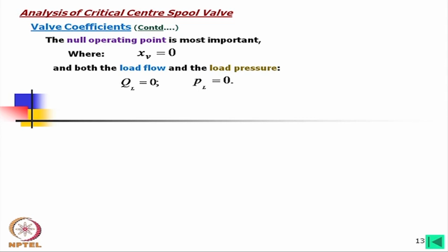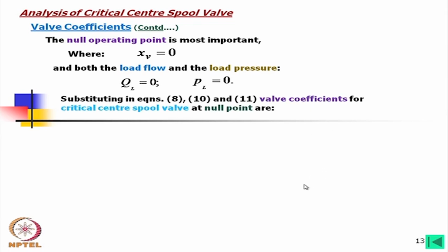So, in that case the null point is the neutral position, the 0 position, there is no stroke. So, we shall consider now that QL is equal to 0, there is no load flow, as well as load pressure is equal to 0. This is true only for a critical center valve. Substituting in equations 8, 10 and 11, the valve coefficients for a critical center spool valve at null point are,